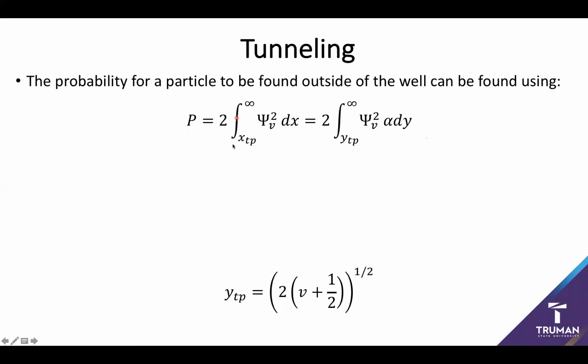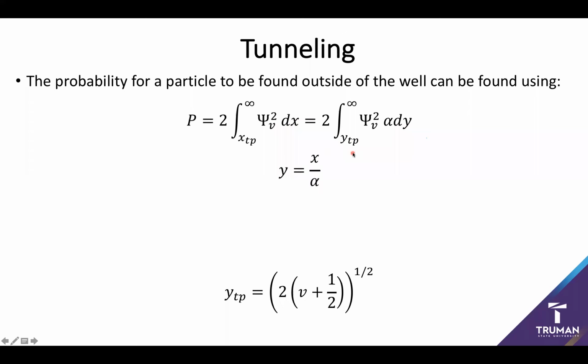But those should have the same probability densities, so we combine them to a simple 2 times. However, as you'll see later, it's going to be a little bit easier if instead of using x here, we use y. And again, it's for a lot of the same reasons as earlier, because we don't like integrating Hermite polynomials with respect to x. So we can go ahead and turn our dx into alpha dy,